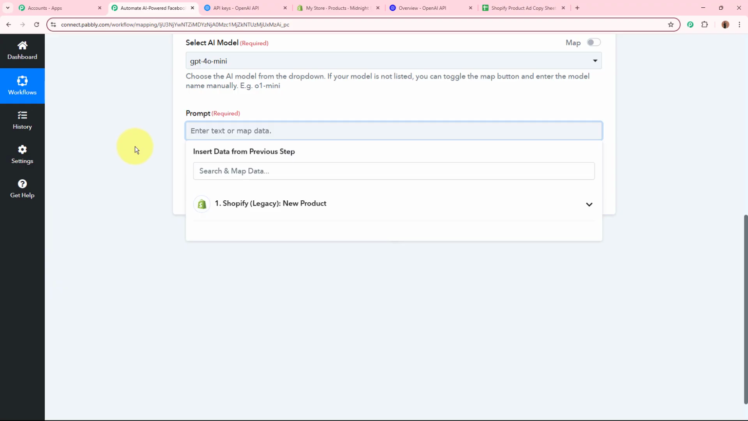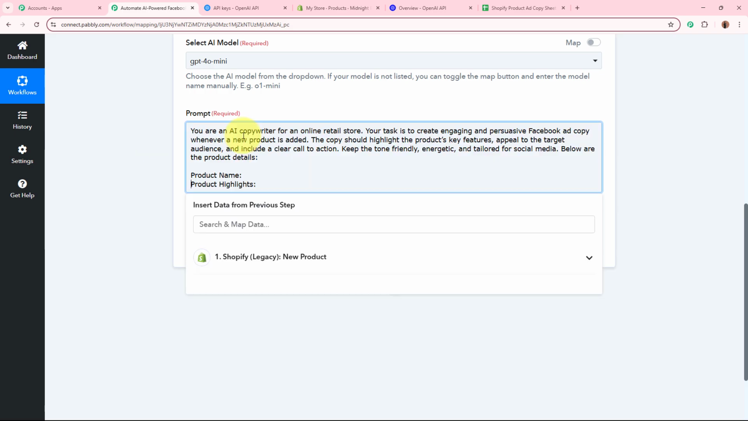Next, it is asking for the prompt. Prompt is a text with the help of which an AI agent is going to generate the content according to our requirement. In the prompt, we need to specify all the things that we want in the generated content and do not want. So for the prompt over here, I'm going to write it as, so this is the prompt,